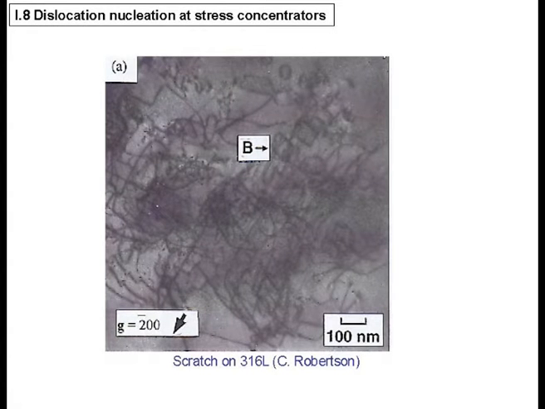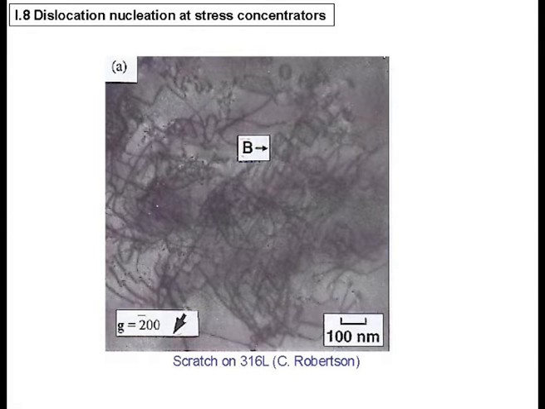Now, another way to introduce dislocations in your material is not to use irradiation, but stress concentrators. So typically, if you push on your material, or you scratch your surface, you will introduce defects. You will introduce dislocations. This was a scratch done by my colleague Christian Robertson by mistake. Actually, he wanted to perform a nanoindentation, and when he moved, the indenter scratched the surface a bit. So it was like a low penetration nanoindentation, and you can see many dislocations already, not one or two, but thousands of them, and specific ones which are prismatic loops.